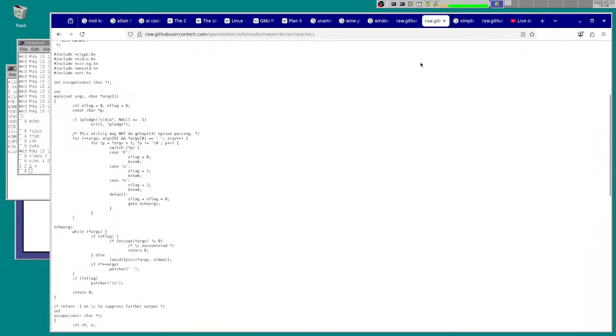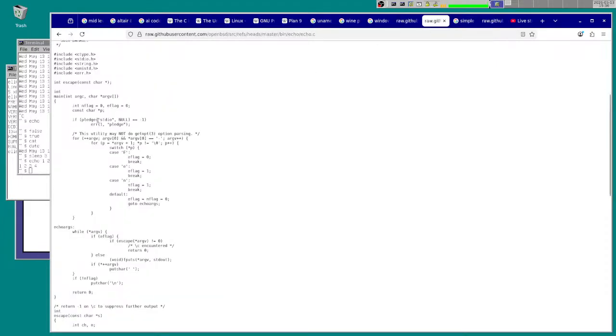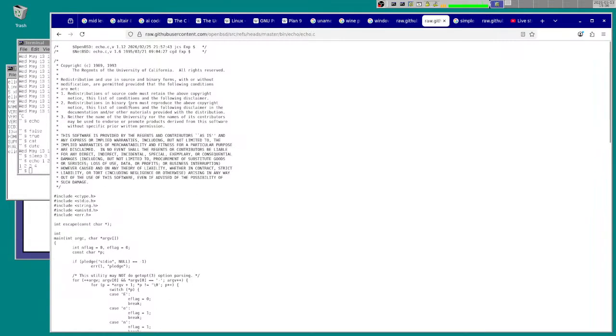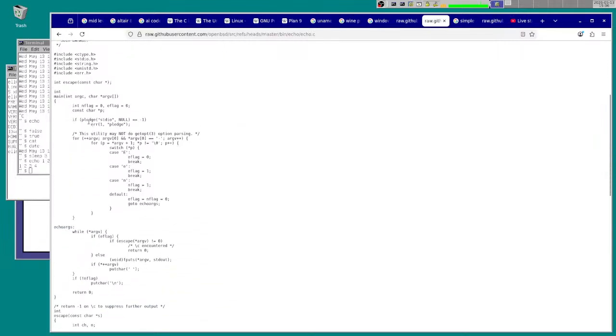For example, there are certain system call functions, like this pledge with standard input output. OpenBSD added this at some point. The program starts and pledges that it's only going to use standard input and output.